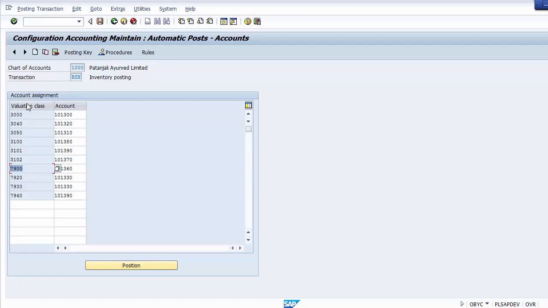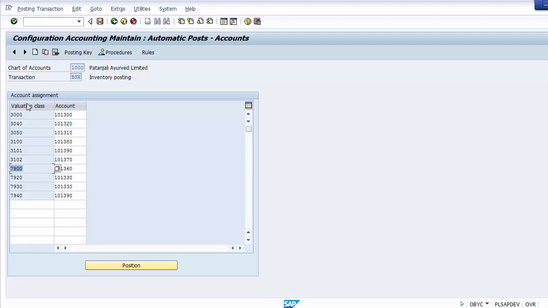Whenever we purchase any raw material, semi-finished goods or finished goods, it is done with the help of a material code, and the material code has to be created in the SAP master. So you need to create the material master in the SAP system, and when we create a material master for the purchase of that particular material, we need to assign a valuation class.